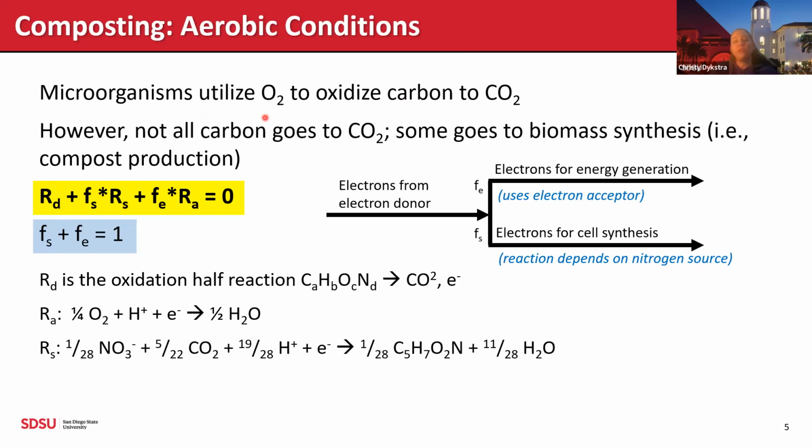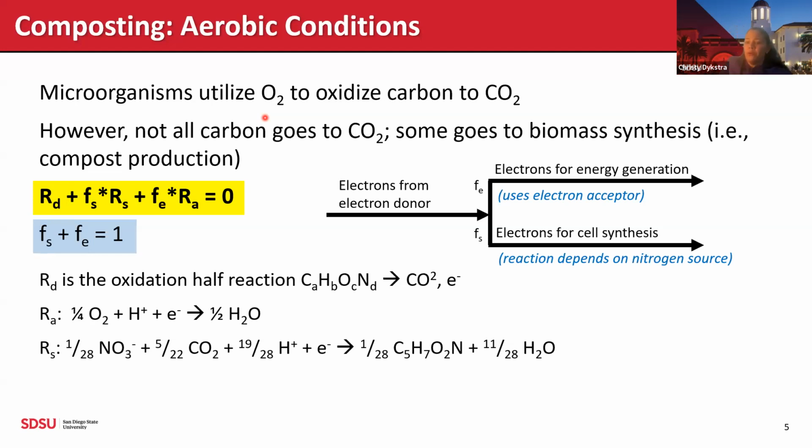In just chemistry, we would take and balance a half reaction of the electron donor with a half reaction of the electron acceptor, add those together, and get our full reaction. But in the case of microbial growth, one thing that we have to consider is that not all of the carbon goes to CO2. In fact, some of that carbon has to go to biomass synthesis, and with it goes